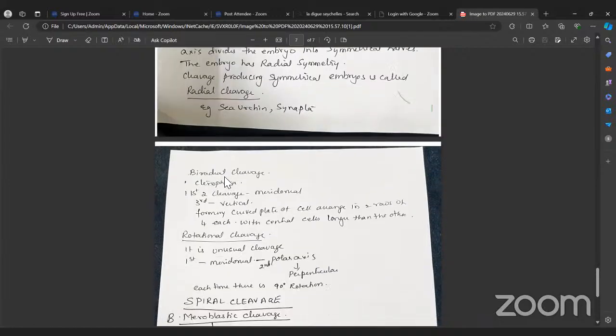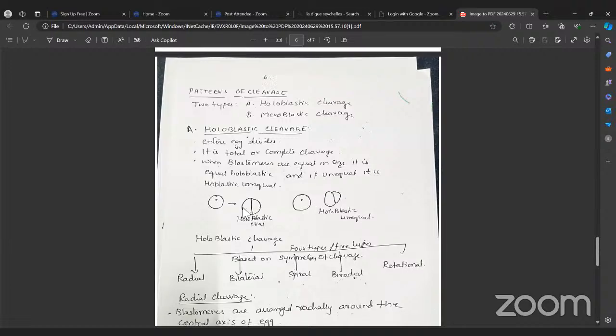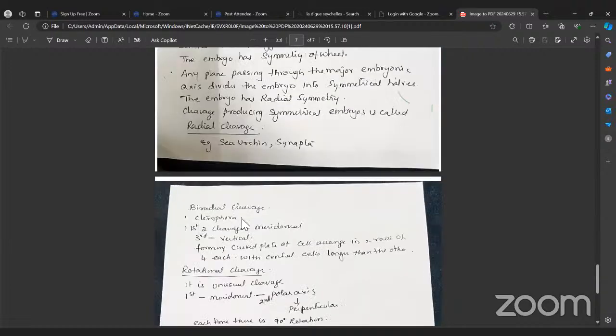Then biradial cleavage. The fourth type of cleavage is the biradial type of cleavage. This occurs in ctenophora. What is ctenophora? It is a